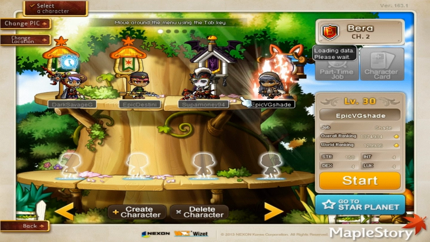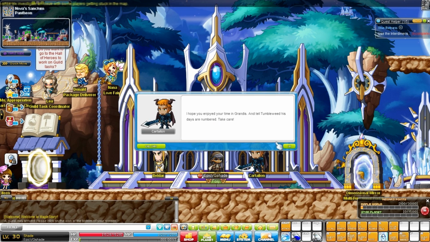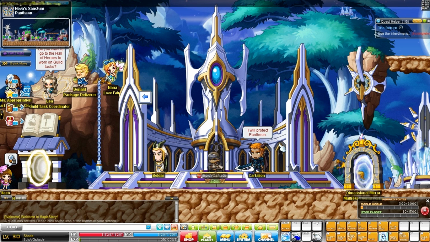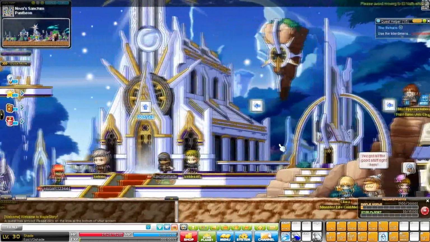Alright, so anyway, let's get into game now. So here we're going to be doing the job advancement. Well, first we're going to be doing this required quest over here. So you just have to follow these arrows into this big cathedral type room here, and it'll lead you right